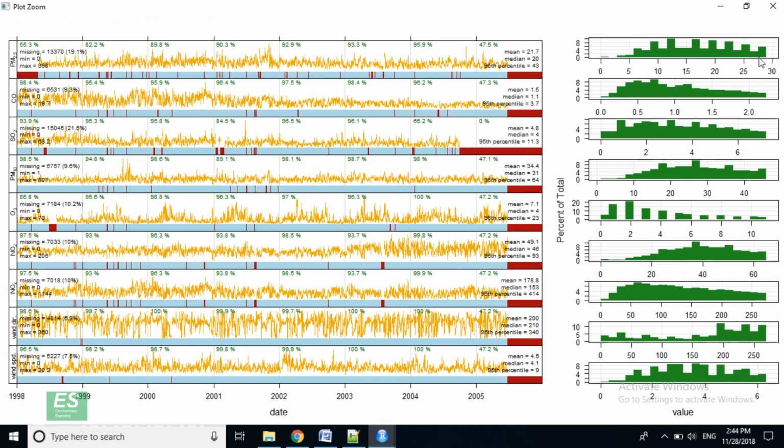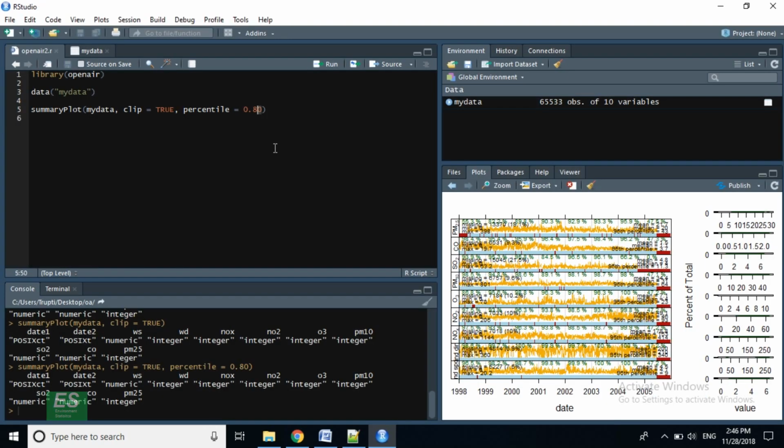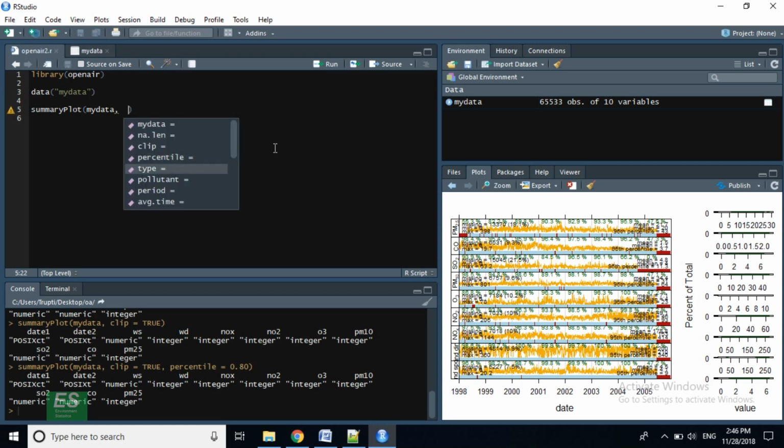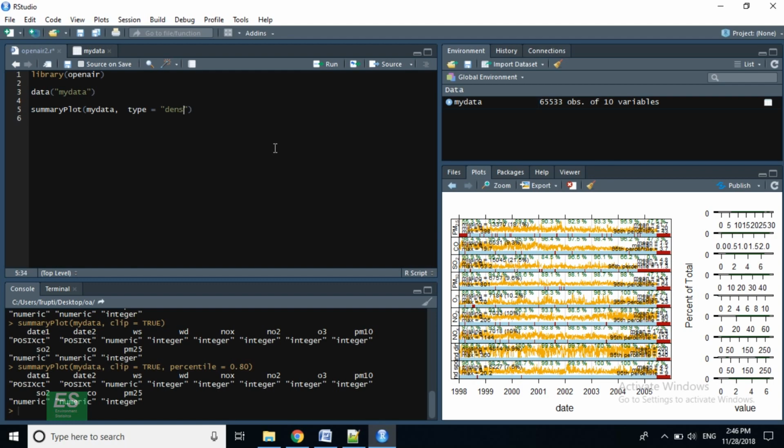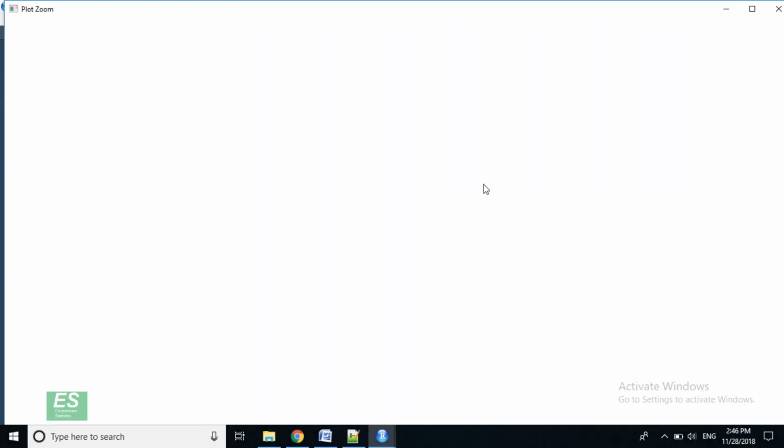So here we have all the values from 0 to the 80th percentile, and the rest is clipped. For this summary plot, we can't really control bin size. By default, clip is true and percentile is 99. Other parameters are, we can set type for histogram. So if we set it as density, we get a frequency curve.